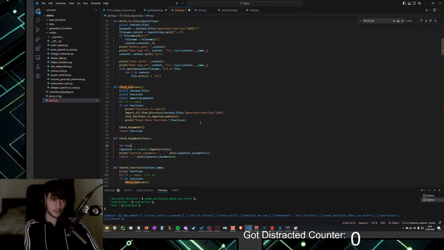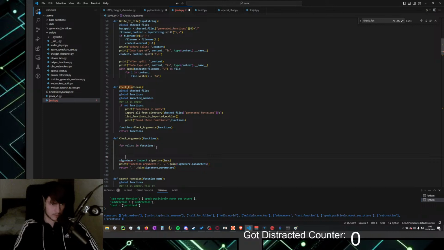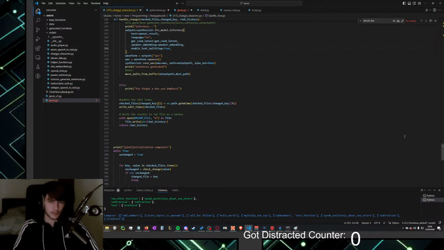For keys, key, arg, in functions. I know these are global variables, so I probably wouldn't have to do it like this, but anyways. Wait, how did I do that in here?